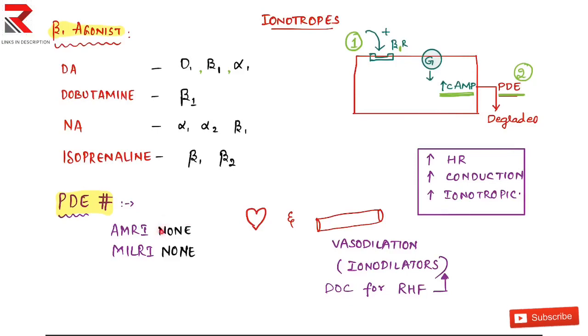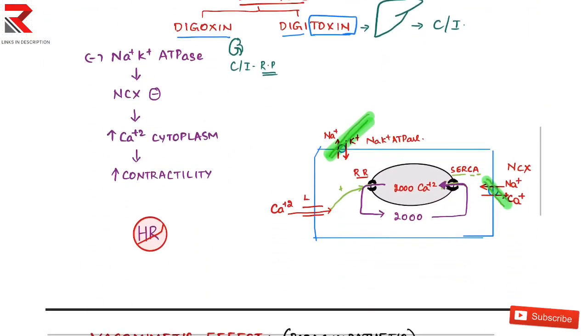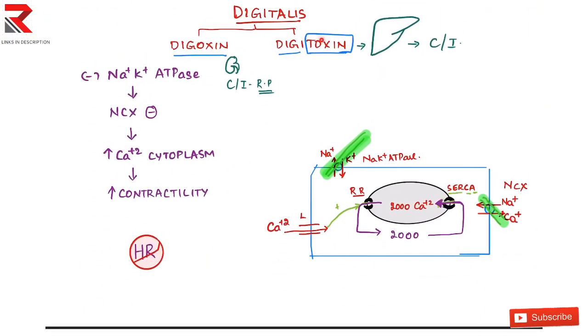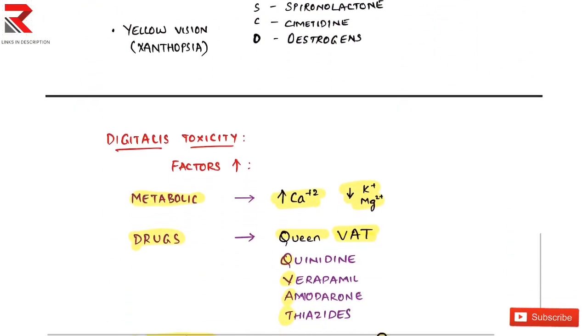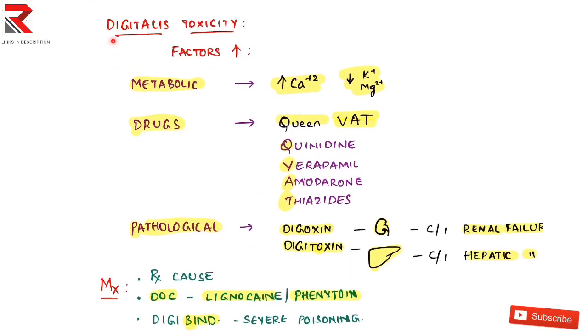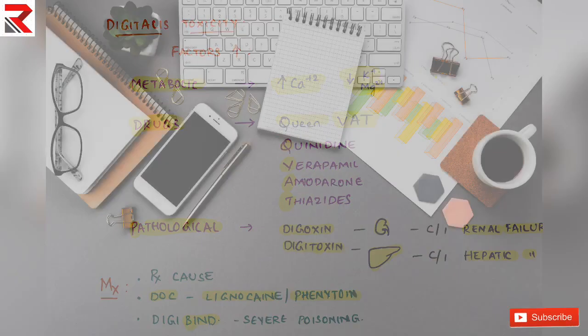None of your enemy must be present. That's why you use these drugs, that is amrinone and milrinone. Okay, and the digitalis group has two types, digoxin and digitoxin. So there is no rise in the heart rate. And also the main concept of digitalis toxicity is also clear.